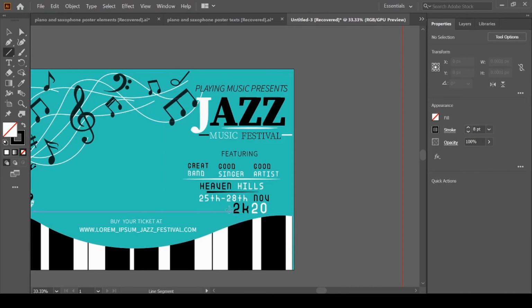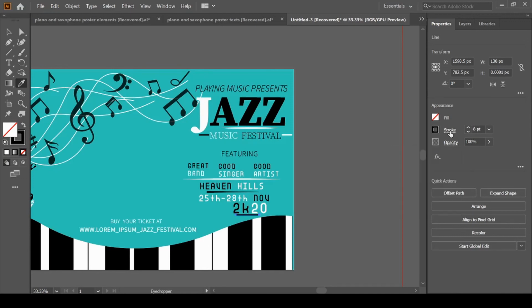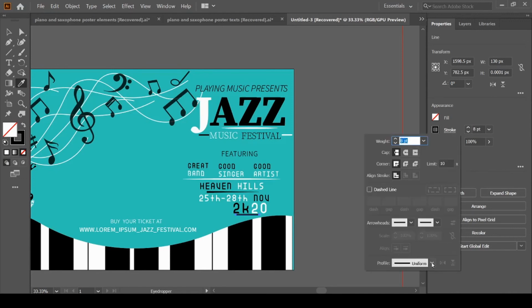Again grab the line segment tool, make a straight line, I for the eyedropper tool, pick this color, change the stroke profile, select this one.